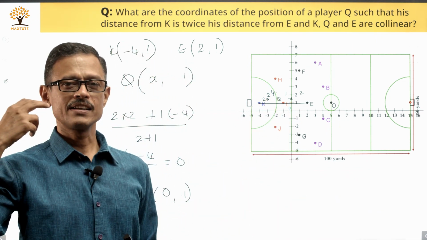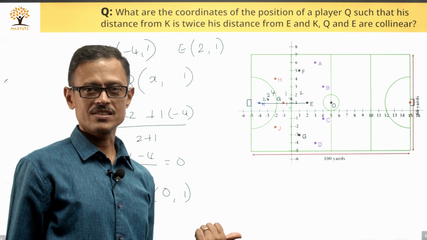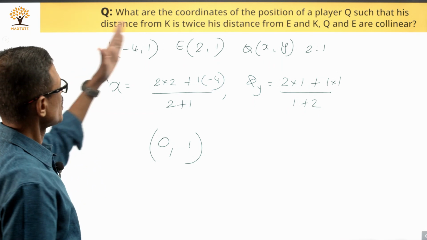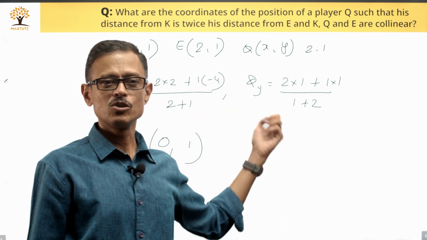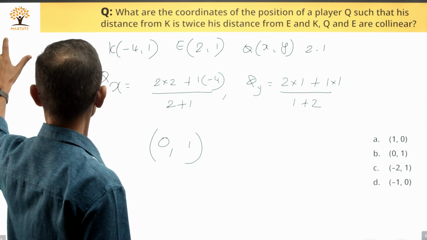So, (0, 1) is an answer that you will come up with directly, without even doing what we did in the first instance. Definitely do not do this if it is a multiple choice question. Do it only if it is a 2 or 3 mark question. Last of the questions in this